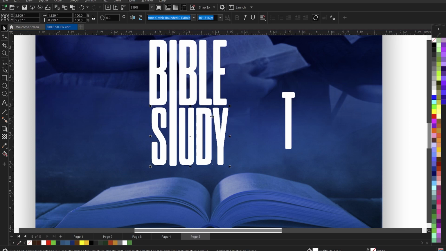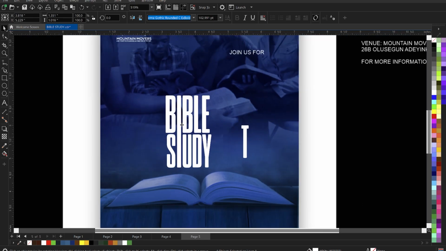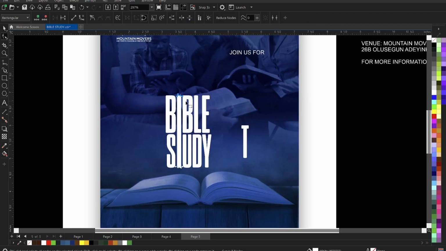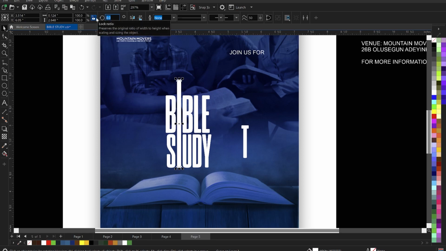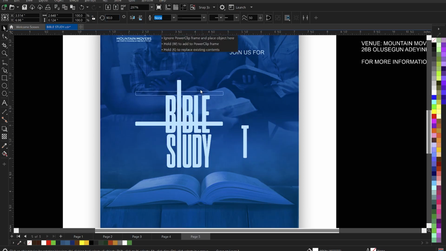And then I am going to increase it just a little, right? So after I've done that, I will now raise this guy up as well. When I raise it up like that, I will now Control C, Control V, and then come here and rotate it to 90. Right? When I rotate it to 90 like that, I will now bring it up this way,